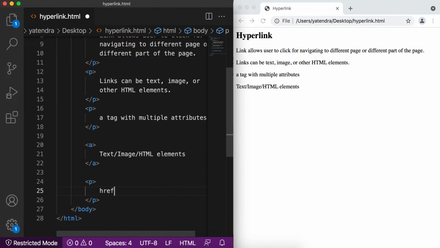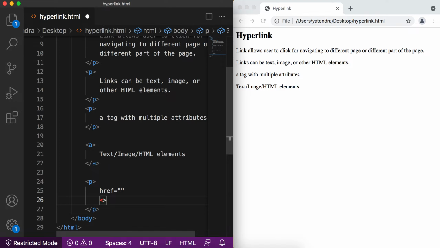The first attribute is href. What is this? This attribute basically represents the exact destination of this link, where the user can move by clicking on it. And here we need to give a value of this type. There are multiple possible values.